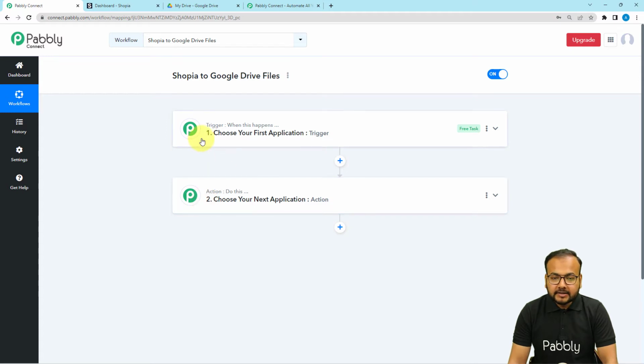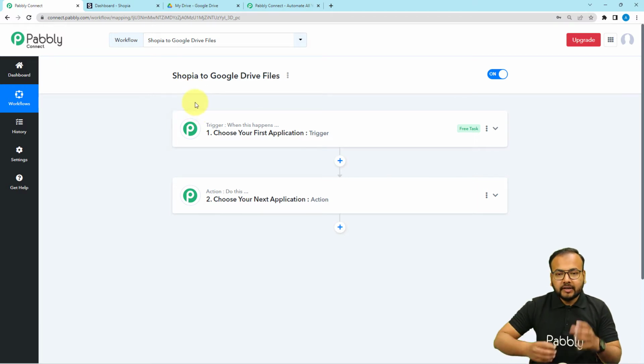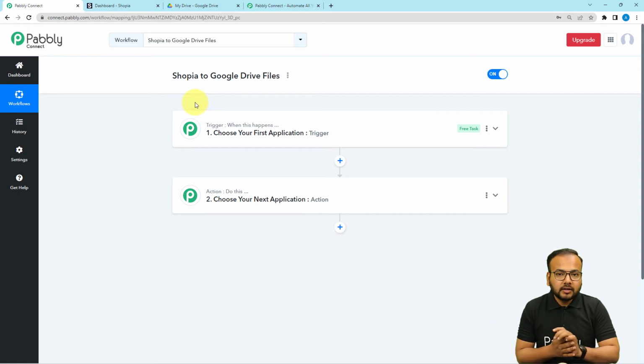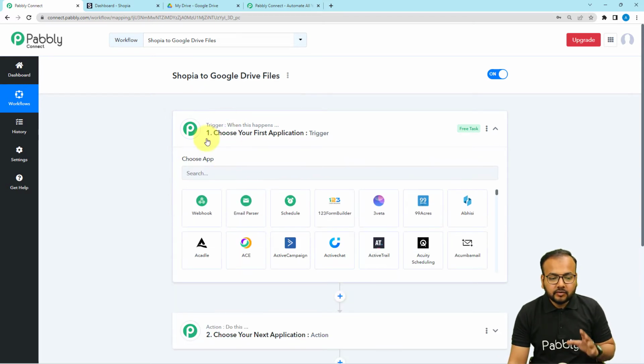Trigger is that event which is going to start this workflow, and the action would be an automated consequence or the response of the trigger. So in our use case, we are going to generate content in Shopia, and that is going to trigger the workflow. So whenever we want to create files in Google Drive out of Shopia content, you just have to send the data. You just have to click once in Shopia, and all the generated content will be converted into files in Google Drive. So for that to happen, first of all you have to click here and choose